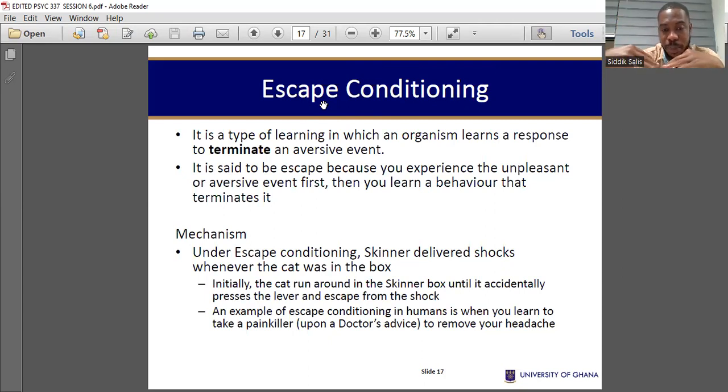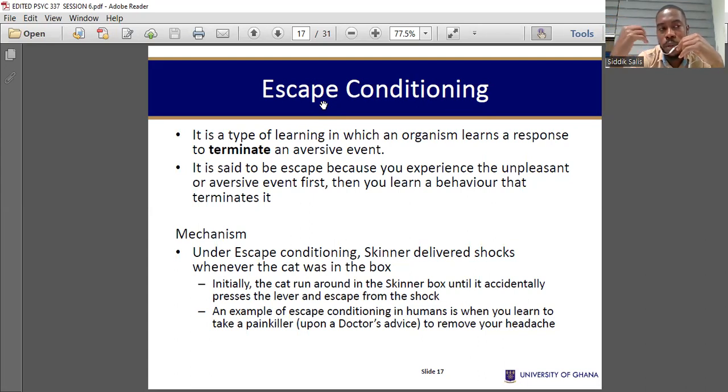So with escape, it's like running away from something. Something happens to you, the thing has happened. How do you deal with it? There's an example here: when you start feeling a headache, the headache is already there. How do you get rid of it? So we quickly go and buy what? Painkiller. So the painkiller is like a reward to get rid of a pain. What happens when we are hungry? When you are hungry, you take in food, right? To quench the hunger. If not, you die. You understand? So when you start eating and you scrub, that is